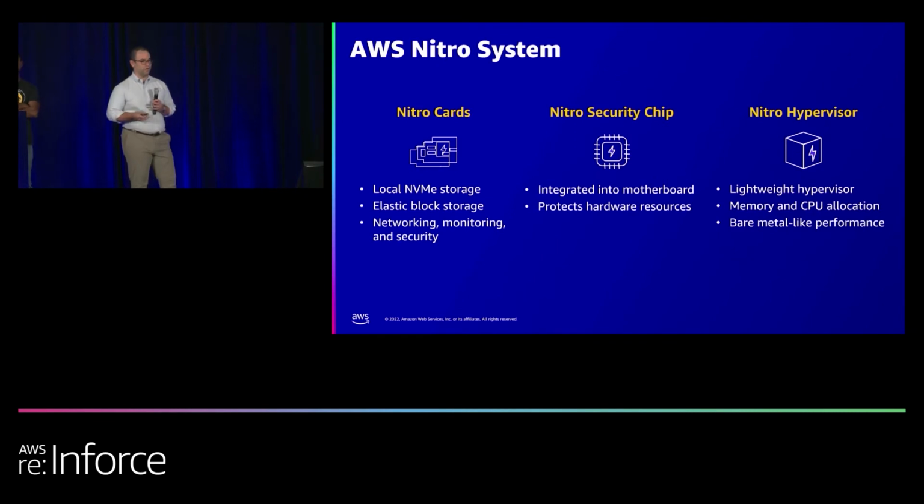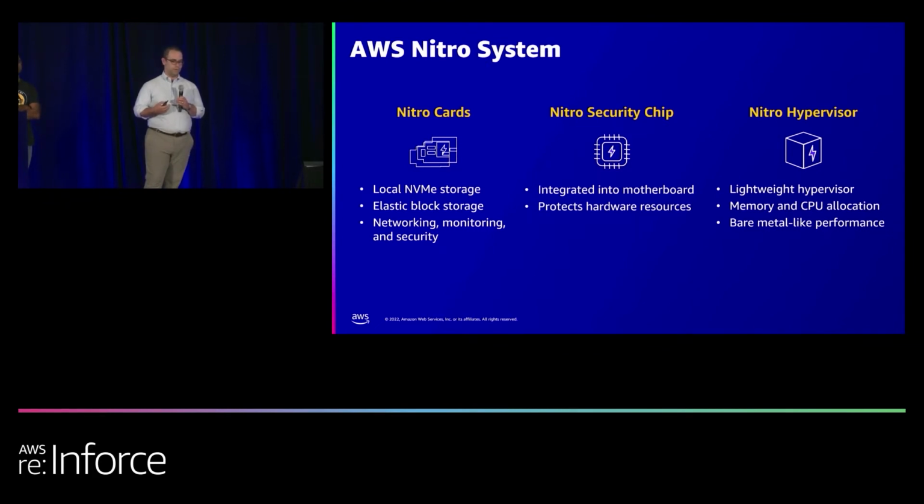So how did we do this? What are the key components of the Nitro system? There are three key components. First are the Nitro cards. The Nitro cards, first off, there's a Nitro controller, and then a series of dedicated cards, independent computers and systems